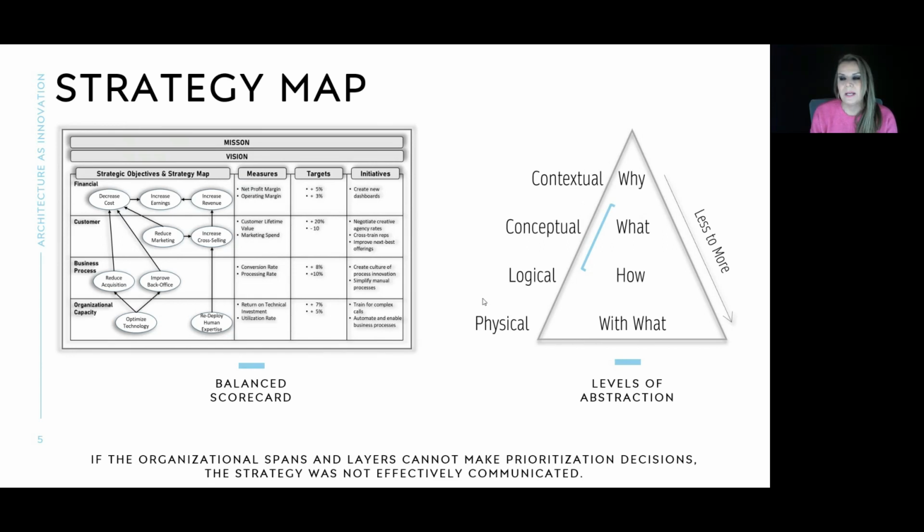So he realized the mistake, and that's when he put together the different levels, the objectives, and put the strategy map together with the targets and the initiatives. And he thought that this then provided the top-down direction. He fully expected that this is what was going to be able to align the organization. In a large organization, or even within a small organization, just looking at this, I think most of us know,